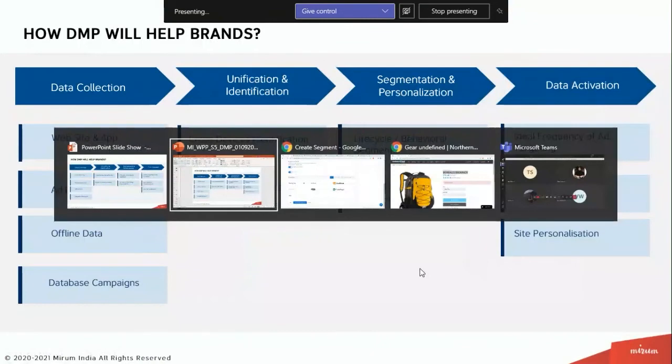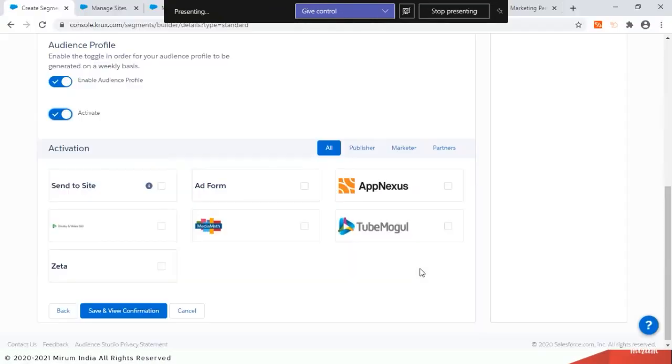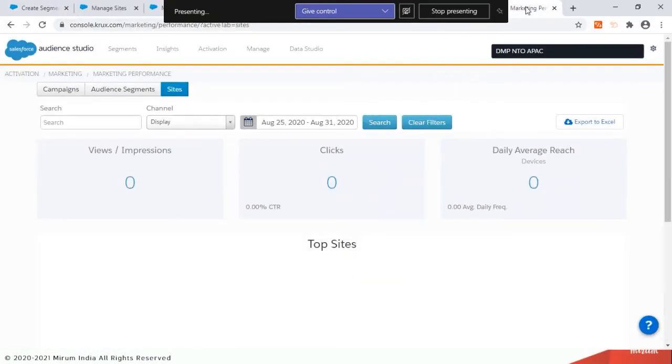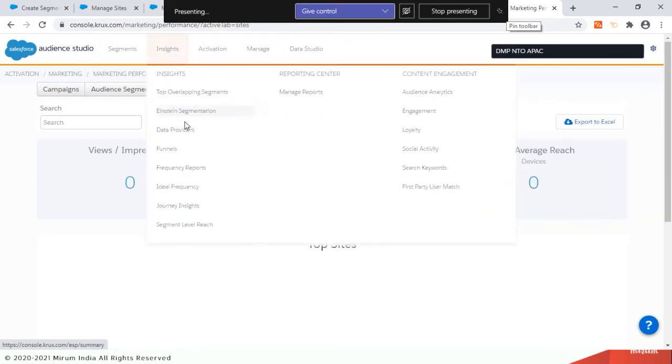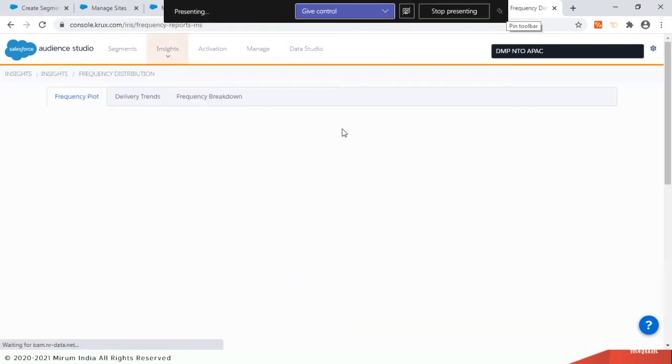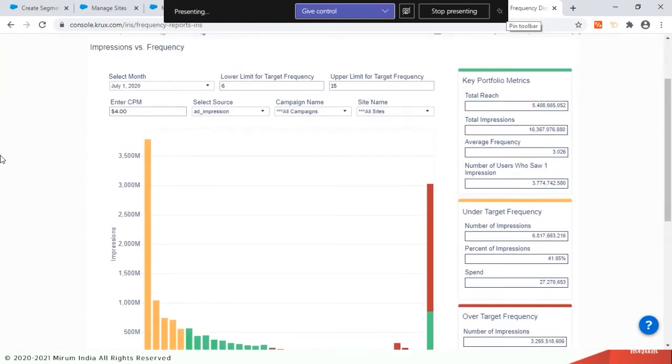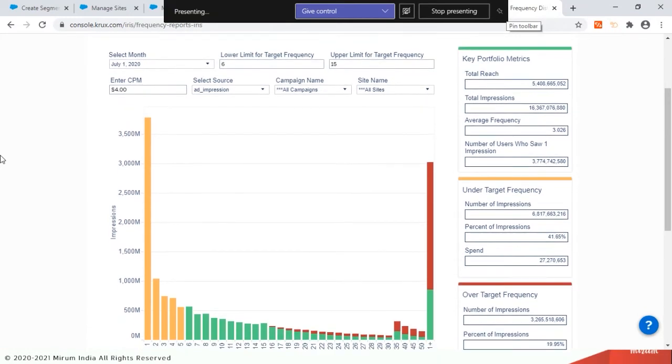So sorry about this. Let's look at a section wherein, one sec. Yeah. How a last campaign has performed, right? So what it allows me to do is to see how frequently my audience is seeing my ad, right? How frequently that ad is being shown to them, right?